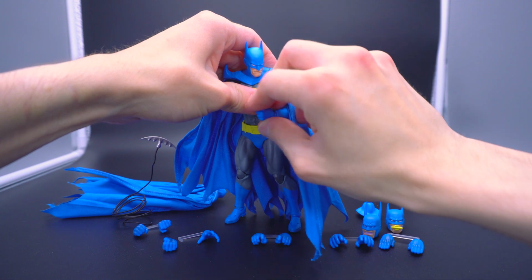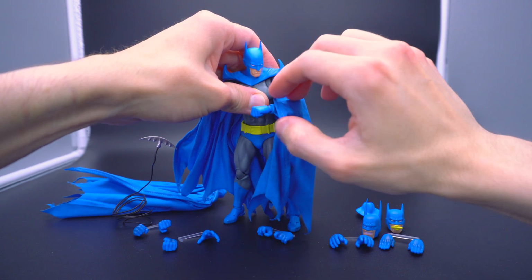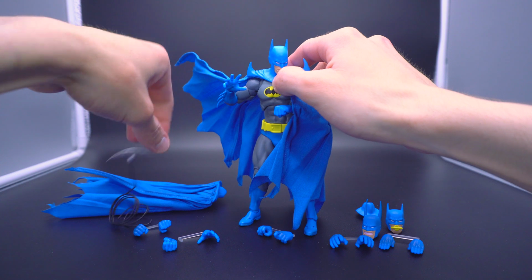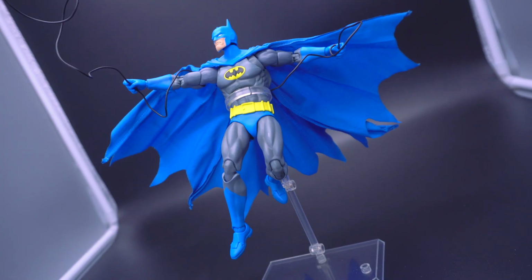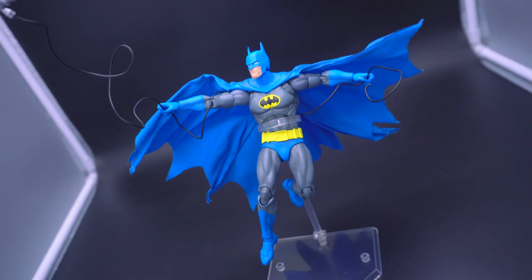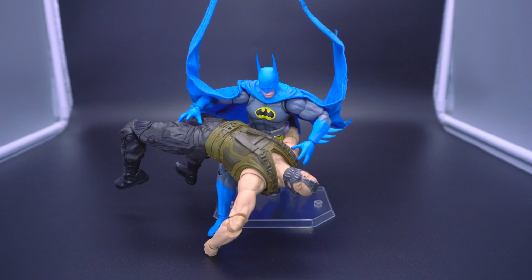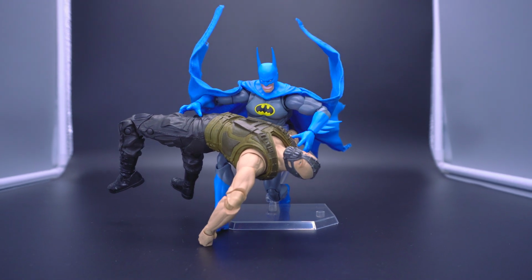And that's why at the $100 to $110, maybe $120 mark, I do consider it to be a little bit steep. But if you were to be a little bit patient and manage to find them through an imported Japanese site like Hobby Link, Hobby Genki, Plaza Japan, etc., he is most definitely worth it, because once you get to the replayability of working with his cloth cape, getting him into poses, working with these hands, working with the traditional Mafex articulation, this guy made me smile more times than I can ever have imagined pulling him out of the